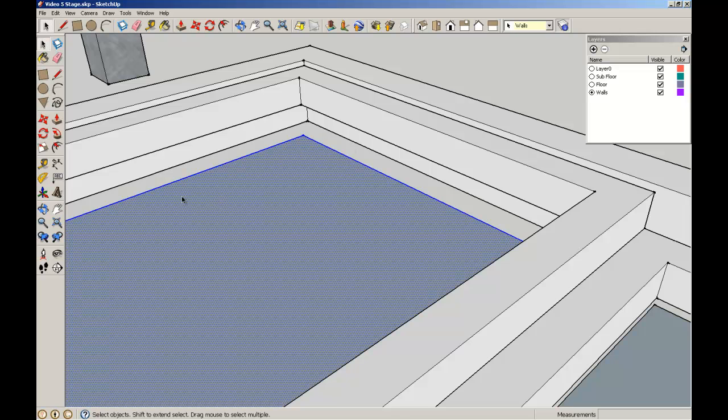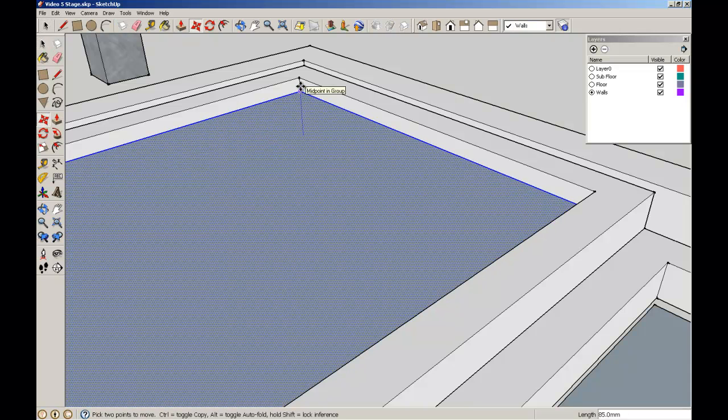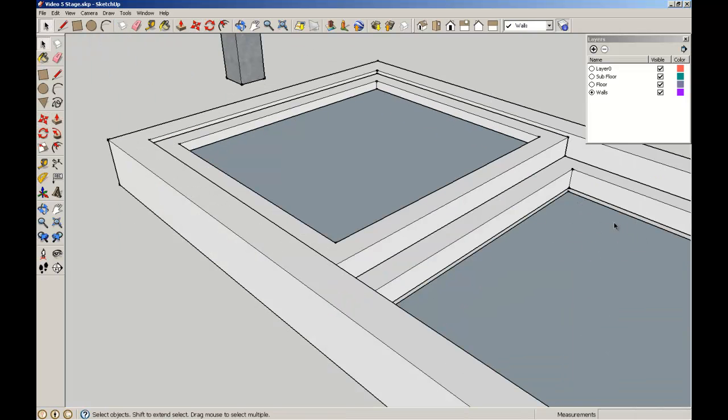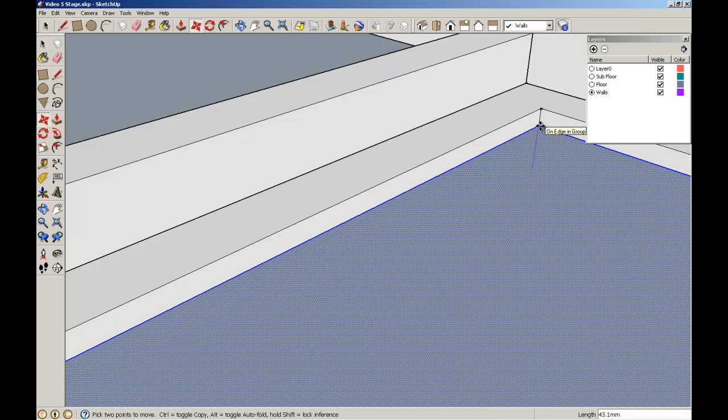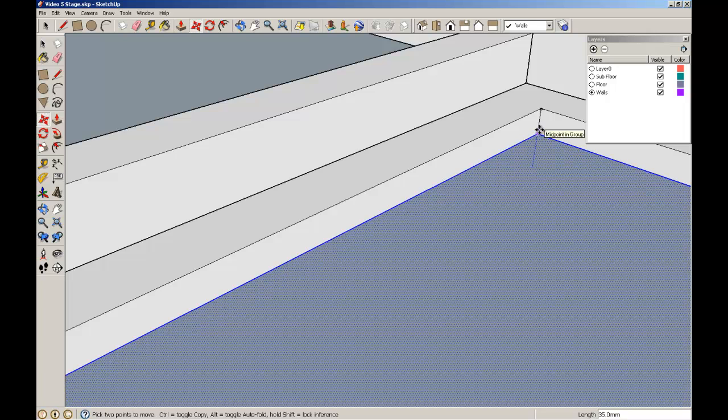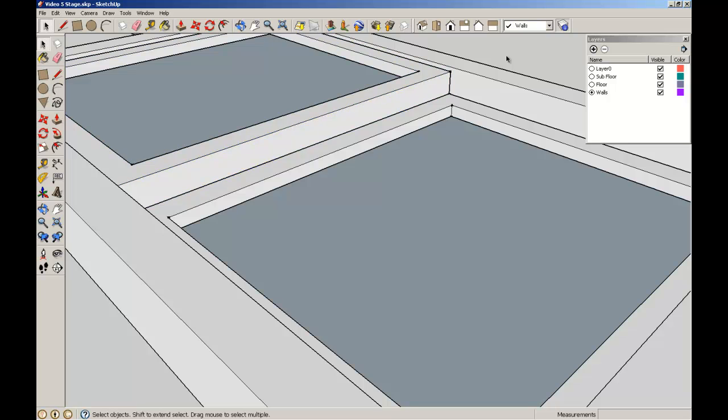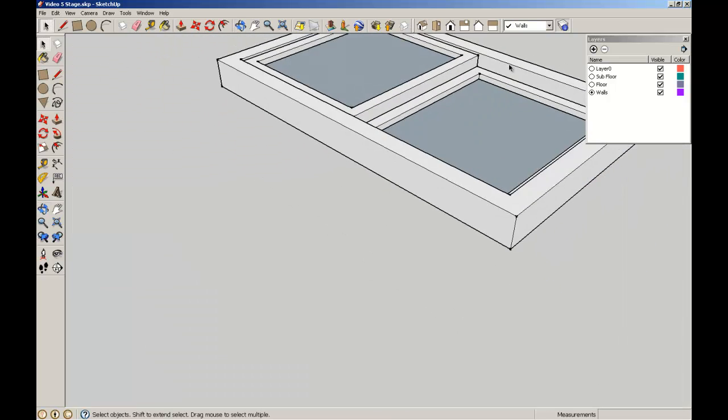Now, the residual surface that is left there, I'm going to move that so that it sits in the middle of that frame, and the same with this one here. Double click to make sure that I've got all of those elements, use the move tool and find that center point in the group so that the glass is right in the middle of the frame. Okay, so that's a basic